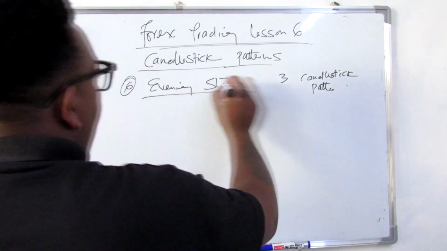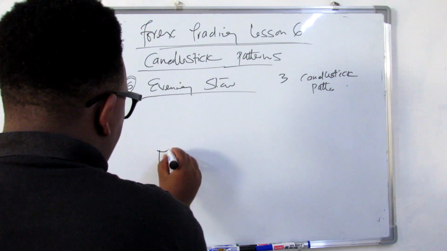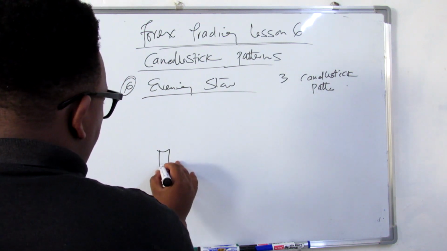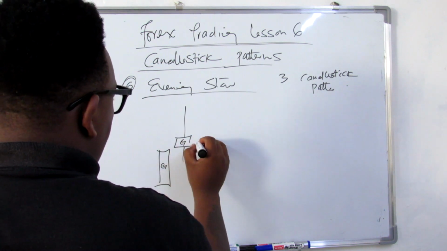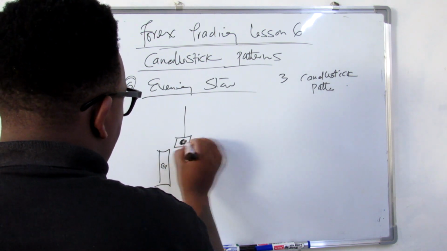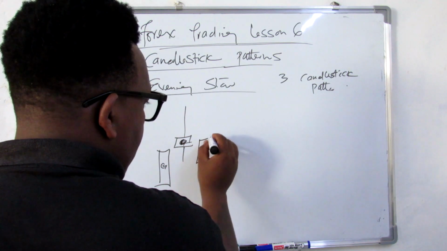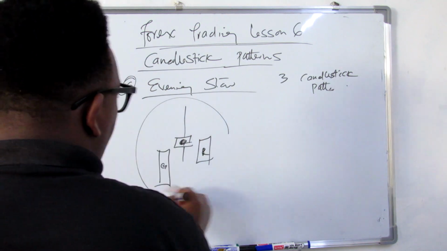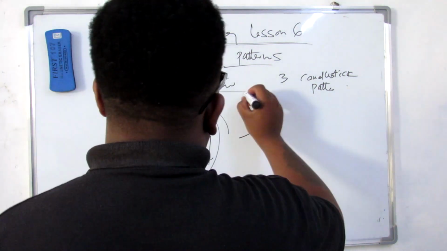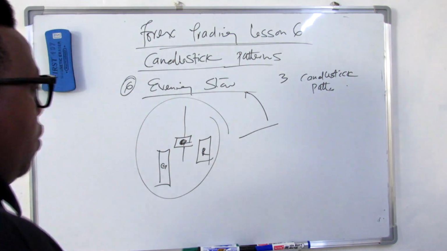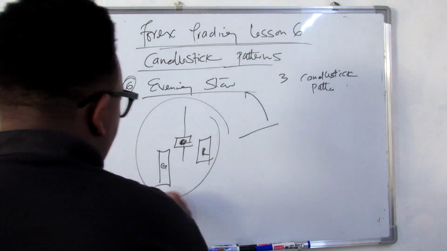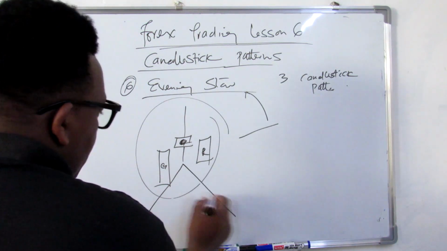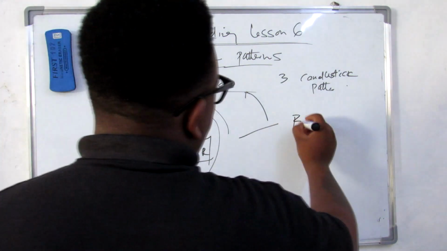So this one is bearish, meaning it's a combination of a green candle here, and then we have a shooting star. This could be a red one, and we have another candlestick here, a red one. So the combination of the three is what we call the evening star, and of course it's a candlestick pattern which shows you the market is about to change direction from upward to downward, meaning this is a bearish